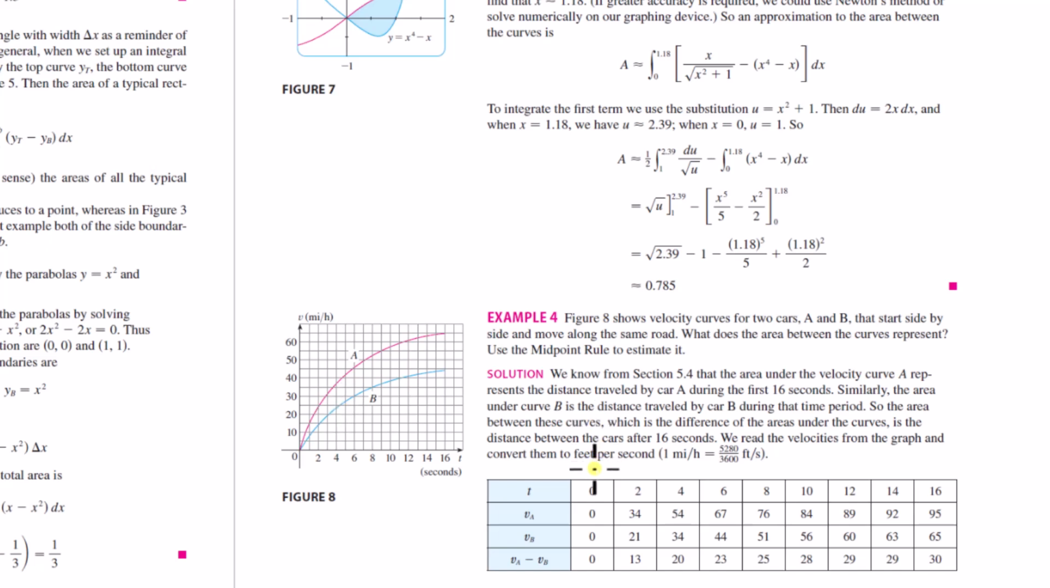Okay, and the solution shows they break this up into 1, 2, 3, 4, 5, 6, 7, 8, 9 pieces. And then they assume the velocity is constant within each of those pieces, but the velocity is equal to the function evaluated at the midpoint. So yeah, it's just the midpoint rule. They use the midpoint Riemann sum with 9 pieces to estimate the area between curves A and